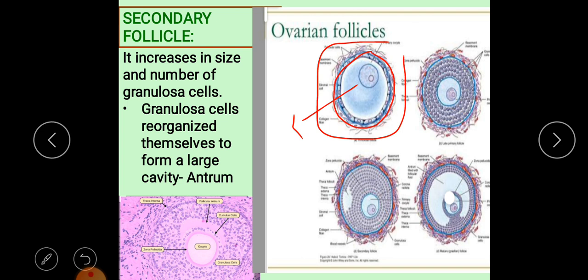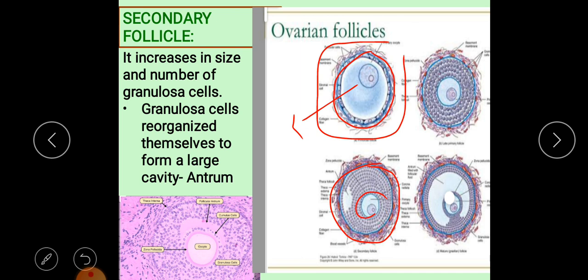So what happens next in the secondary follicle? Some changes happen from the primary to the secondary follicle: the wall of the follicle thickens, and the cells begin to secrete the follicular fluid. In the secondary follicle, the wall of the follicle continues to thicken. The granulosa cell membrane increases, and several layers form surrounding this oocyte.